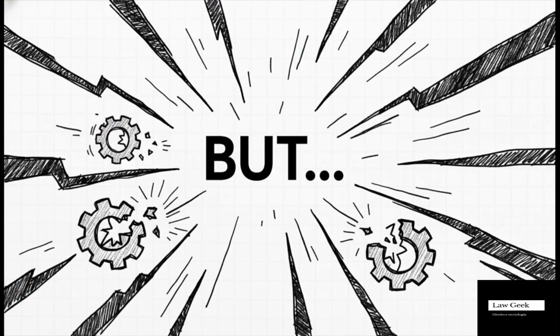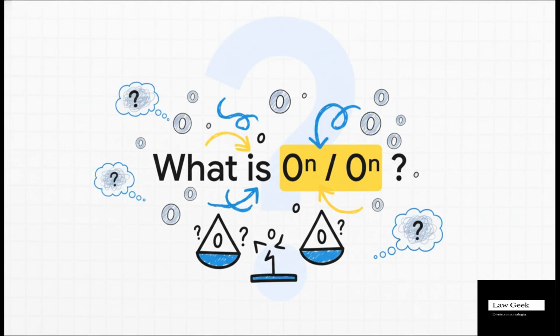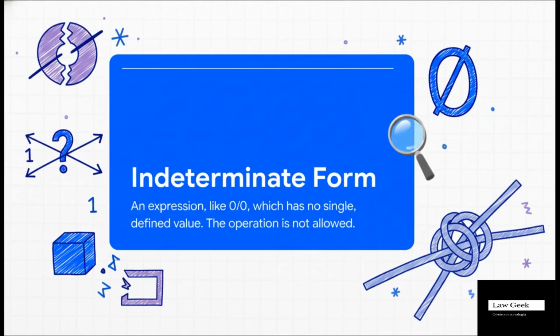But, and it's a huge but, there's a massive problem with the other side of the equation. Remember the other side? It was just a number divided by itself. So now we've got 0 to the power of n divided by 0 to the power of n, which is just 0 divided by 0. And, well, that's where we hit a brick wall. Yeah, you can't divide by 0. It's like the number 1 rule you learn in math class, right? It's what's called an indeterminate form. It literally has no defined value. And boom, just like that, our beautiful, perfect proof just completely falls apart.